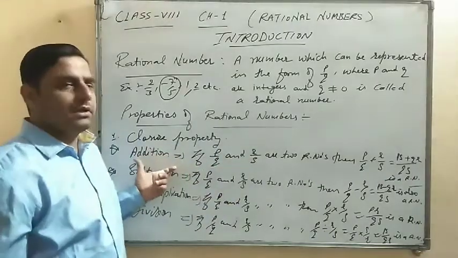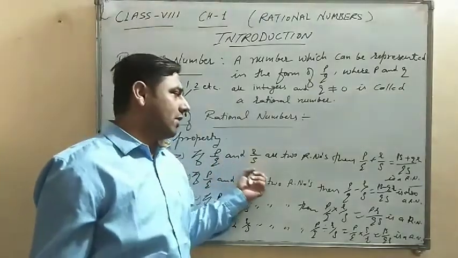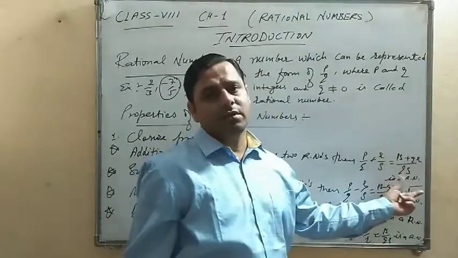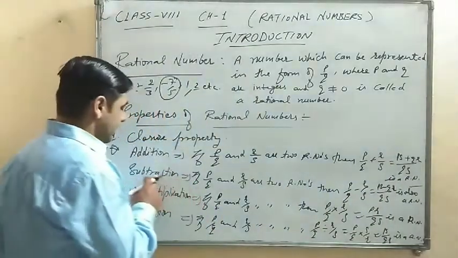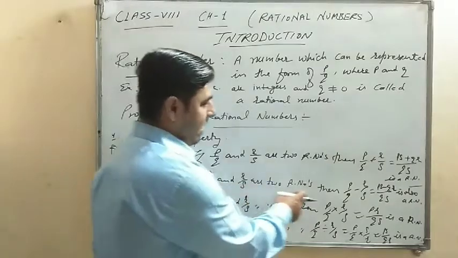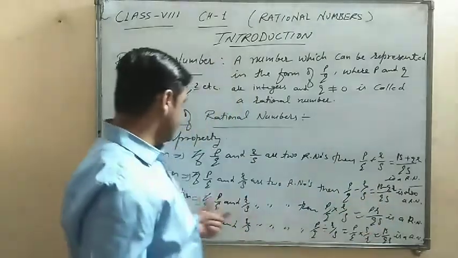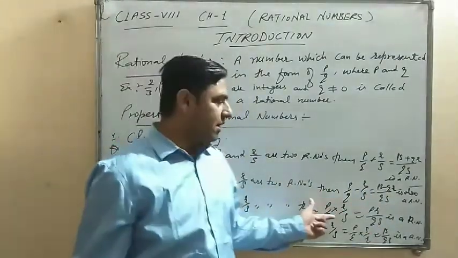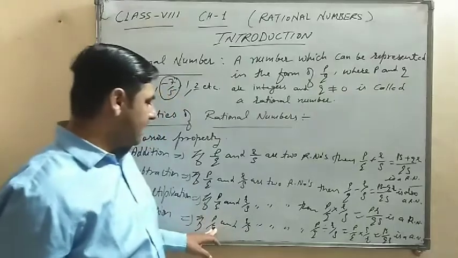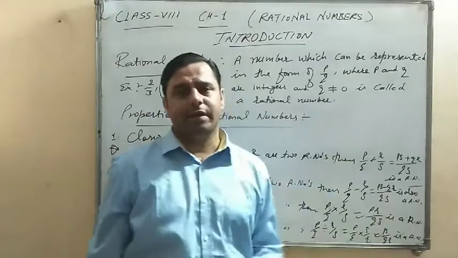It has four types. First one is addition. In which two rational numbers are required, and then we add both of them. The resulting number is a rational number. Second is subtraction. Once again, two rational numbers are required, and their difference is also a rational number. Third, multiplication of two rational numbers is also a rational number. Fourth one is division. When you divide two rational numbers, you will also get a rational number.